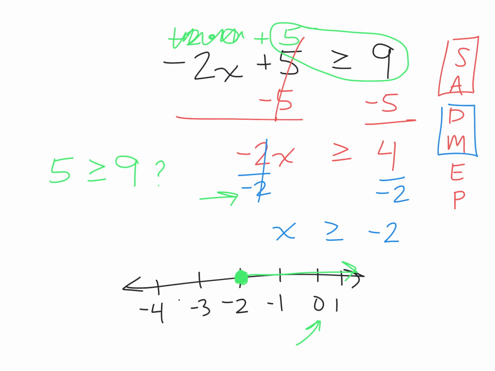Anytime you are solving an inequality, if in the problem solving process you end up multiplying or dividing by a negative, which is what we did here, we had to make that step happen. That's part of the algebraic process that we had to do. When that step has to happen, if it involves a negative, then the inequality gets reversed. Here's what I mean. If it was a less than sign, it will become a greater than sign. If it was a greater than sign, it becomes a less than, and so on and so forth,